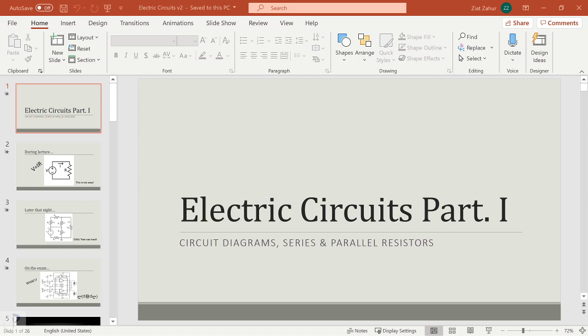Electrical circuits. Go and take out your notes. We're going to take some notes today, and we'll use an online simulation kit so we can play around with our own circuit. Unfortunately, you can't do it in real life, but we'll make the best of what we have with our online PhET simulations, and then maybe watch a quick video and a clip here and there. All right, let us begin.